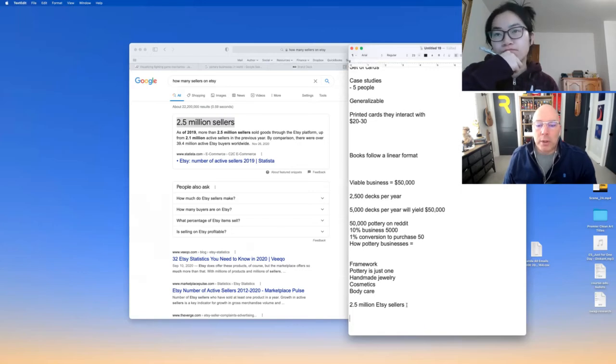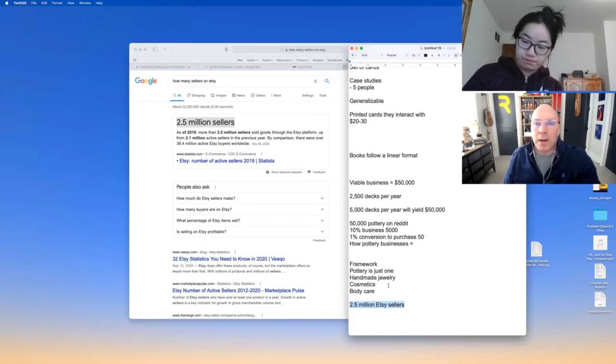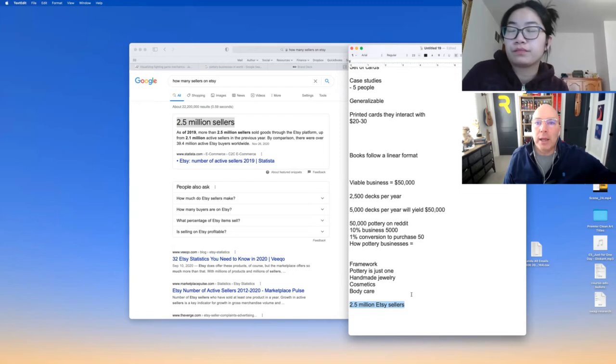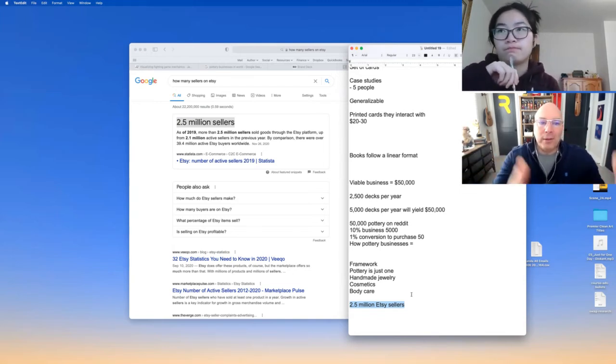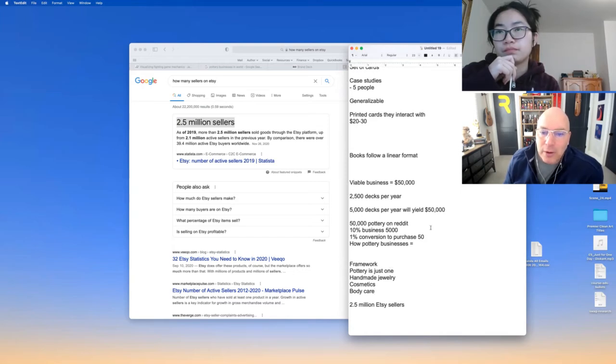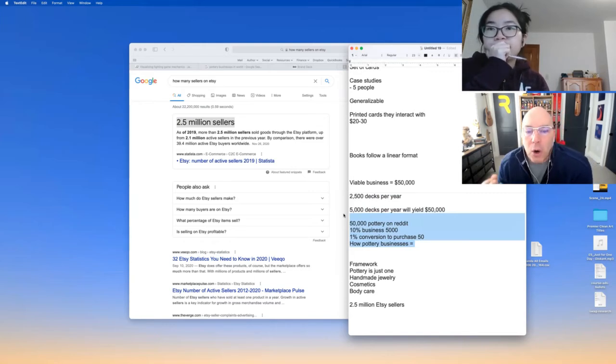1%, we know that these are all businesses, and we can convert 1%. It may be pretty generous to say we're going to convert 1% of the 2.5 million, but it's easy to look at it and say, okay, we've got a viable business for an Etsy seller. Yes. Okay, so I like that much better than even just going pottery. And I would hesitate to go any more niche than just saying this is the handmade business